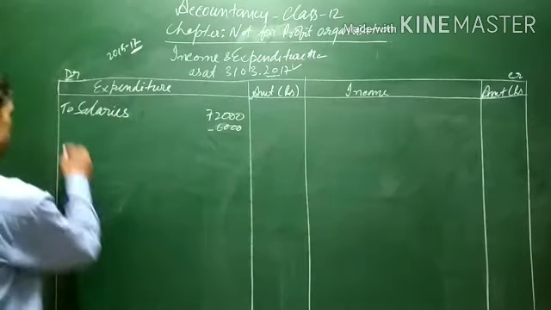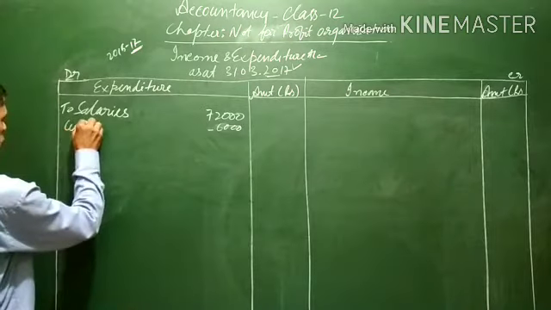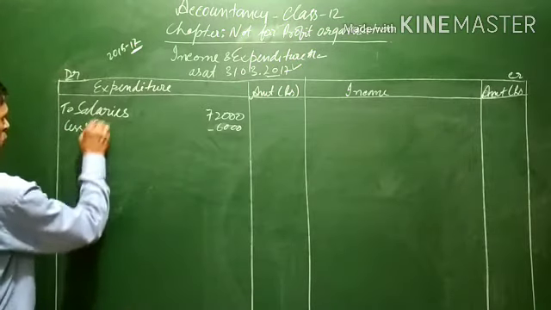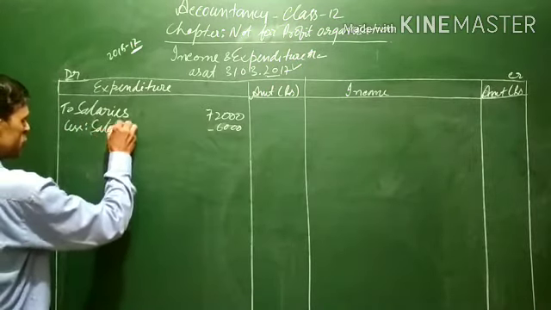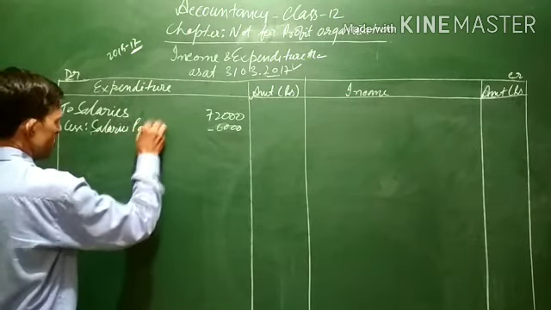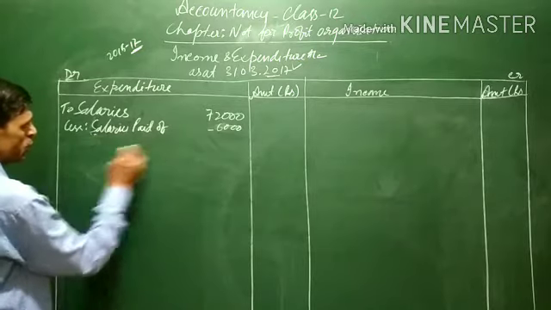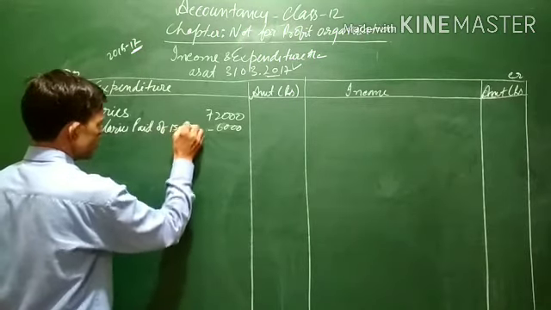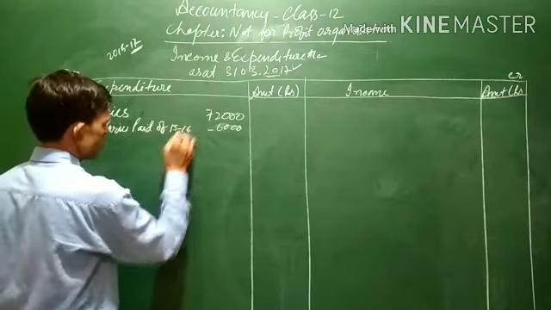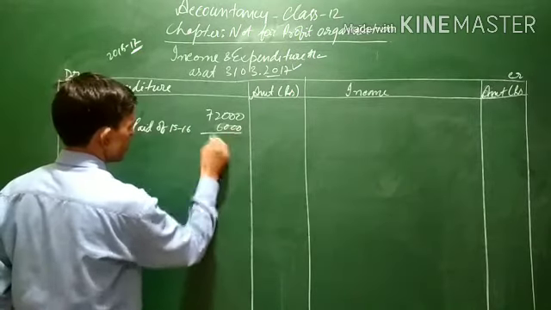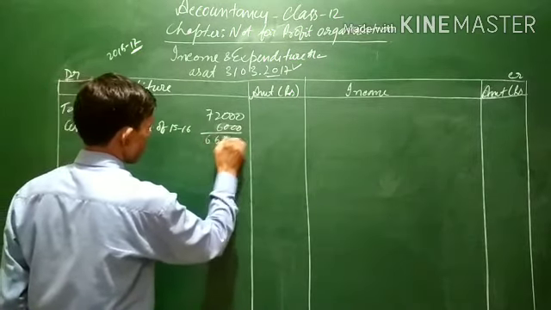So here we will write less salaries paid of previous year. Instead of previous we can write 2015-16, 6,000. This will be deducted, it will come to 66,000,